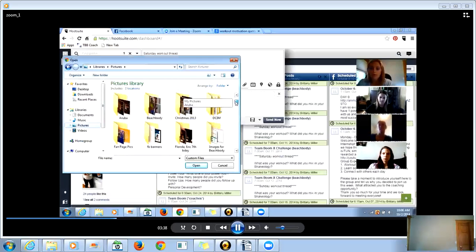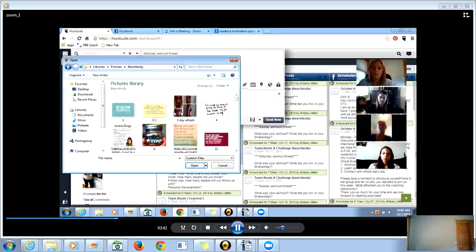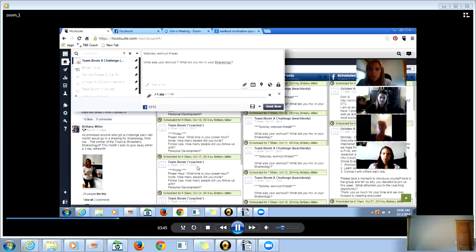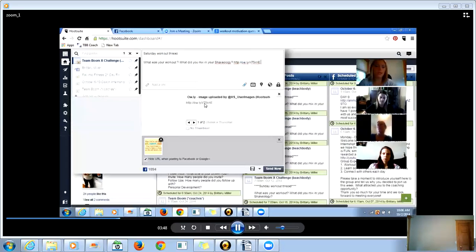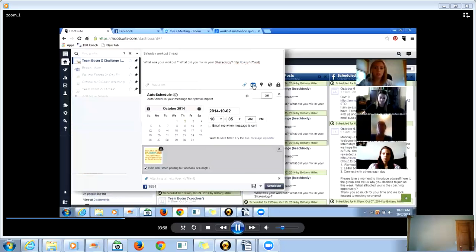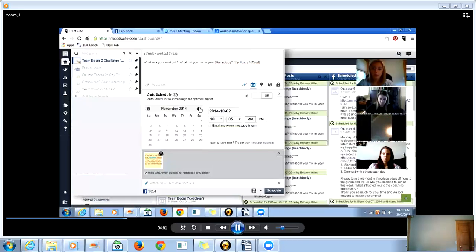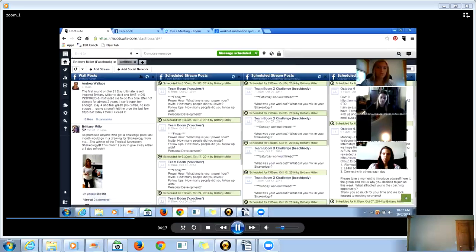Or you can do it directly from Google. Like if you're going to Google motivational quotes or motivational pictures, and I'll show you how to do that too. And then you can schedule your actual post. So you're just going to go to the calendar. And I know I already have October done, so I'm going to pick November 1st because that's my day. You're going to schedule whatever time you want it to go out at. I usually do them early morning because I know some people get their workouts in early, and then AM, and schedule. And so that schedules your post for you.